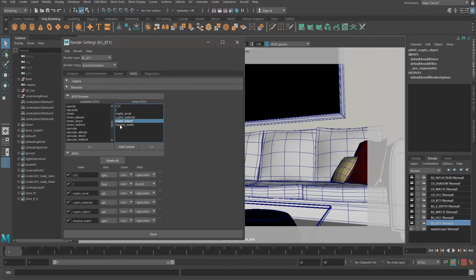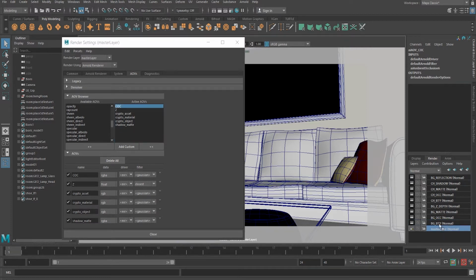Okay. So first you will see, we have already made these crypto mats earlier. Now I'll be adding some others. So go to the master layer, and here I will add all those AOVs that we need.